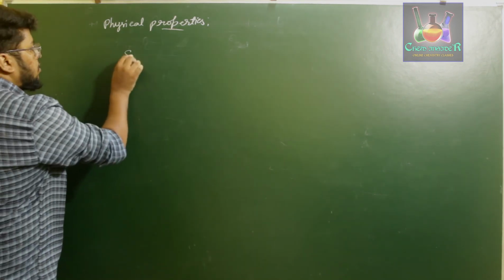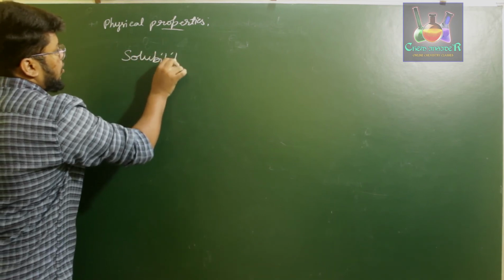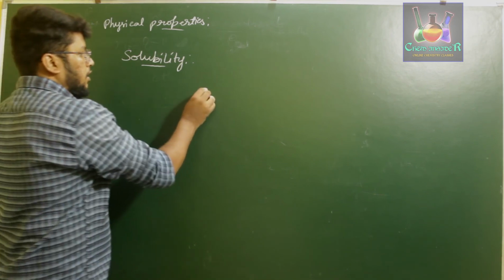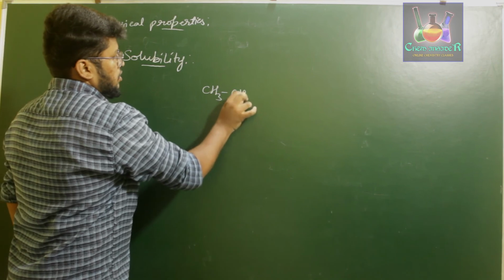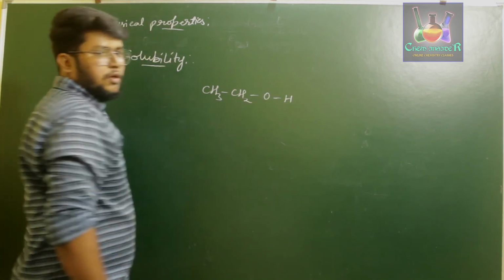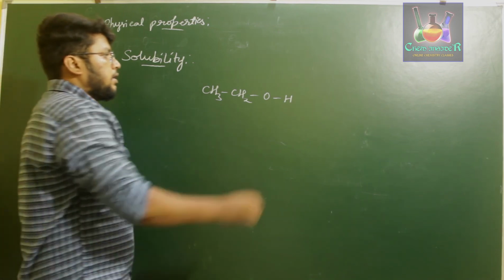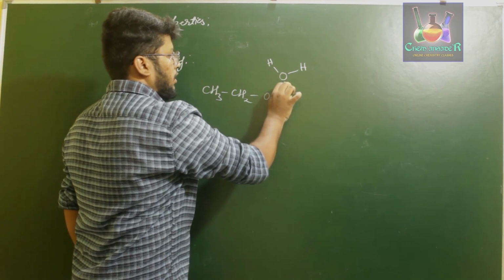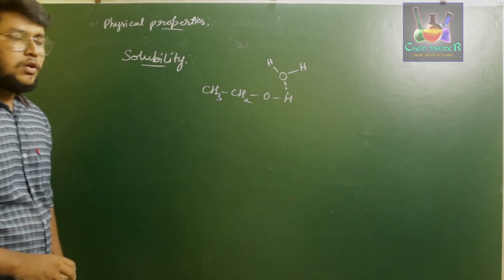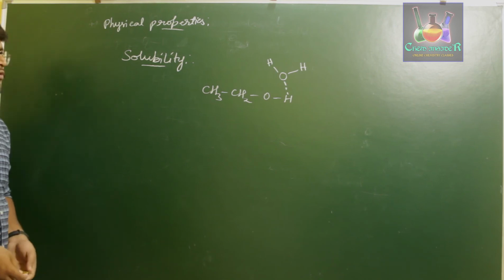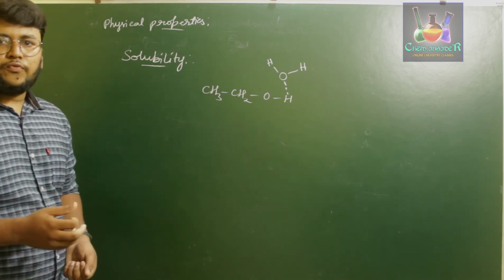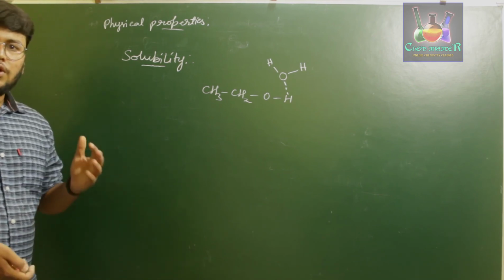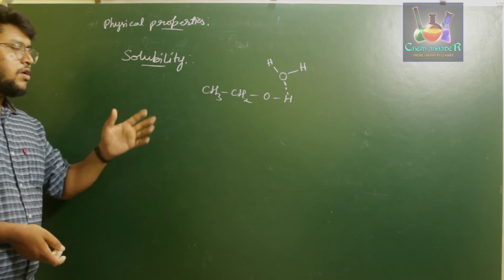Solubility of alcohol. So, we can clearly say that alcohols and phenols are soluble in water, right? Because if you consider an alcohol CH3, CH2, OH, the water molecule which contains oxygen atom starts to create a hydrogen bonding with the hydrogen of the alcohol. It exhibits hydrogen bonding with hydrogens of the alcohol. So therefore we can clearly say that alcohols and phenols are soluble in water. So alcohols and phenols are soluble in polar solvents such as water.